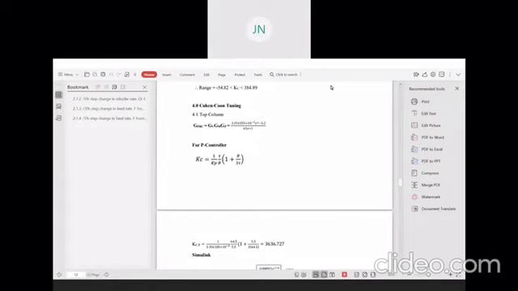Hello everyone, my name is Jasmita and I'm going to present about Cohen-Coon tuning. As we all know, there is top column and bottom column. We have to do tuning for both the columns. We have to find